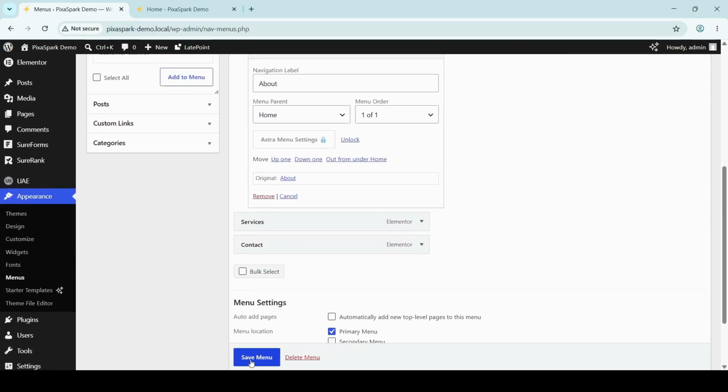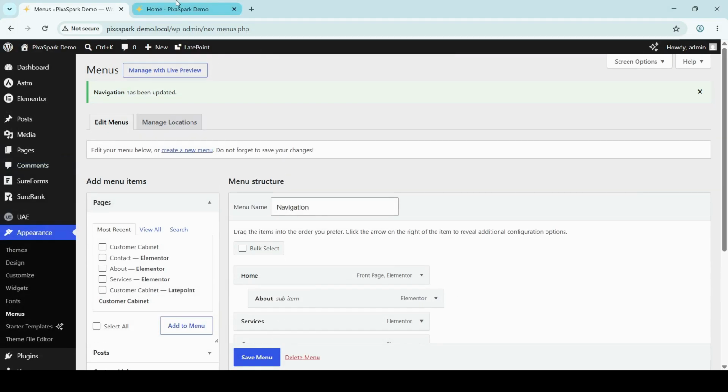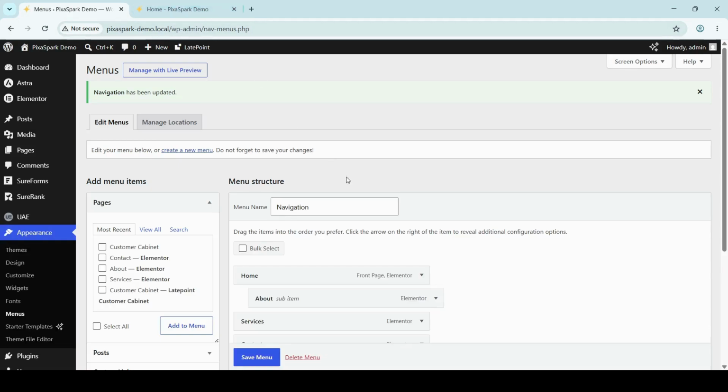So you can go ahead and save this. Once you click on save, I'll just go ahead and refresh this page. You'll be able to see that my about section is underneath this home menu. So go back,